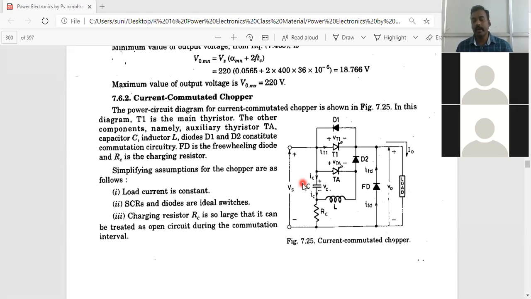So whenever a reverse current spike is provided across the conducting device, then immediately the resultant current of the device becomes less than the holding current value, and the device is going to be turned off. Okay, so here in this particular case